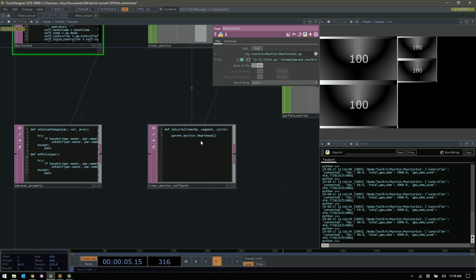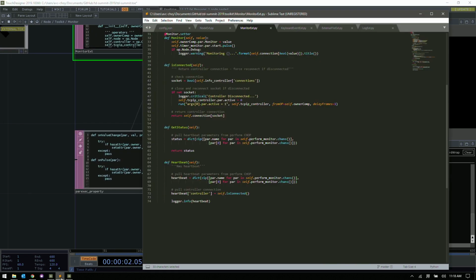And if I'm outside and need to reference something outside the parent tree, I'll use op. So what this is doing in this scenario is going to the parent here and calling heartbeat. And then all this does here is